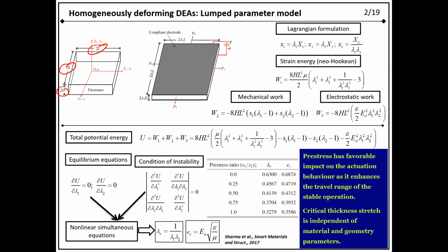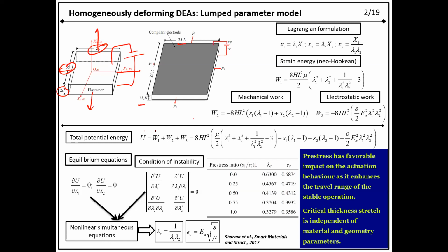Okay, and when we apply, let's say, a mechanical load in this direction, a traction force in this direction, and also the potential difference along the thickness direction, what will happen? It will undergo deformation, what I have already told you, and it will be expanding in the lateral direction and contracting in the thickness direction. Let's say in the deformed configuration, the dimensions are 2 lambda 1 L, 2 lambda 2 L, and 2 lambda 3 H. So these are the dimensions.